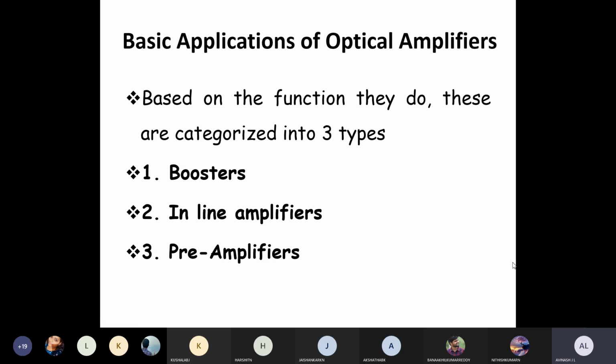So today I'll just brief out what has been discussed in the last class. In the last class we were discussing optical amplifiers. In that category, we discussed there are three types of optical amplifiers. What are the optical amplifier types? Boosters, inline amplifiers, and preamplifiers. Three basic fundamental types of amplifiers. All these things, the names and how they come about, we will discuss.